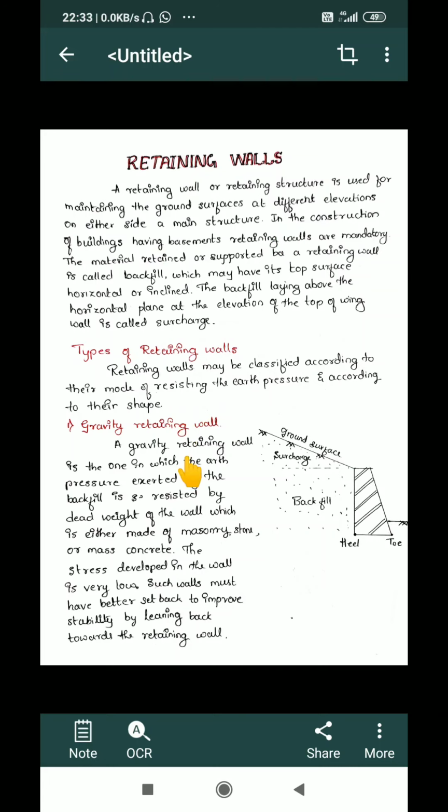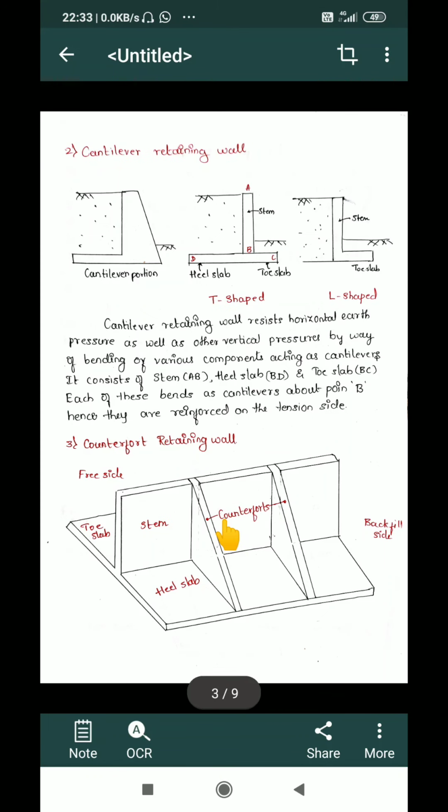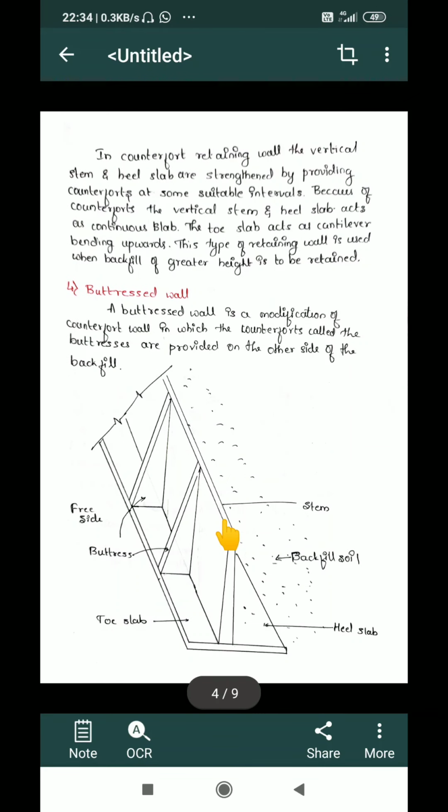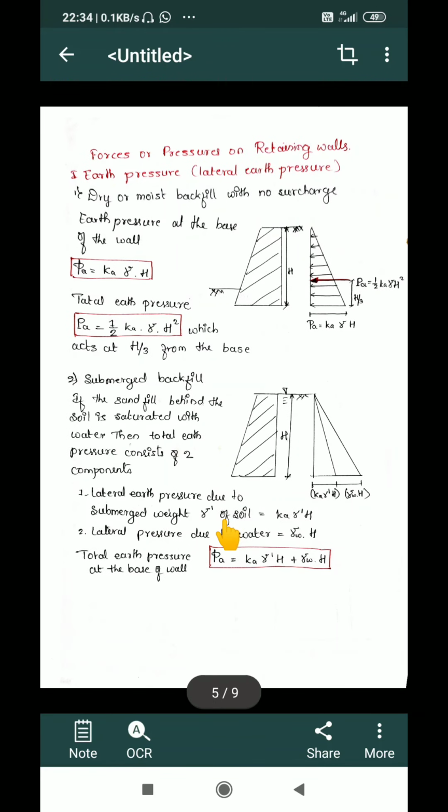There are different types of retaining wall, like gravity retaining wall, cantilever retaining wall, counterfort retaining wall, and buttress retaining wall. We have also studied forces or pressures acting on a retaining wall, like earth pressure,